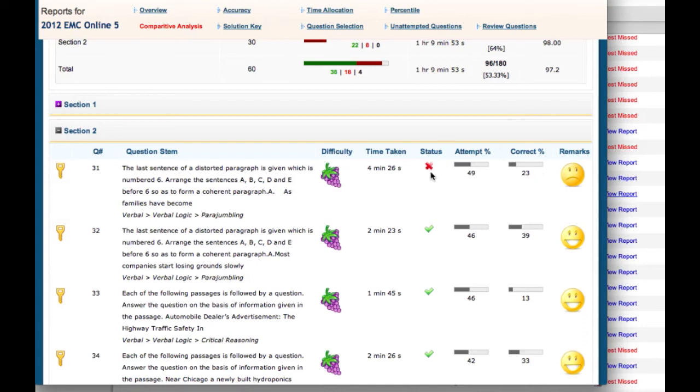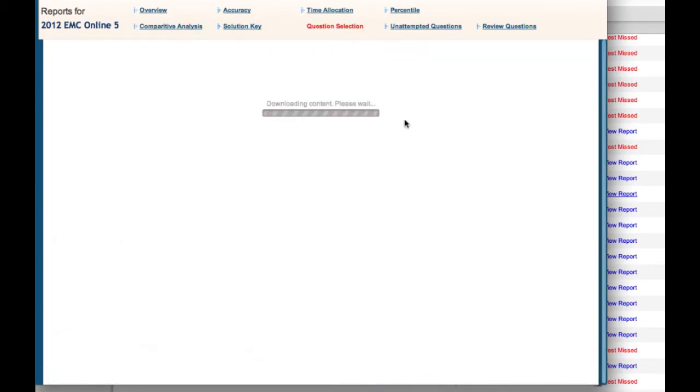If you have got it wrong, you are with the majority, but that is not the right thing to do, but at least you can see where exactly you stand. You have got it right, and you are amongst the 39% who have got it right. In the third question, you got it right, but you are part of the 13% population who have got it right. This is how you can actually compare with all your competitors, because CAT does not differentiate between an engineer and a non-engineer and so on. So here you have the entire set of people who have taken this, and you can get the right kind of comparison.